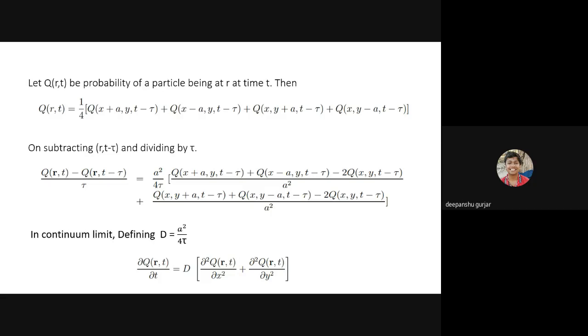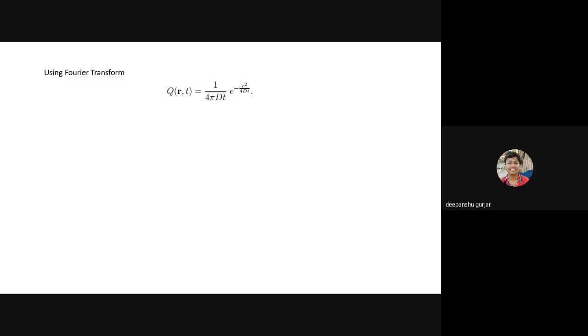Now, if you use the Fourier transform operating on it, the probability is given by the following expression, and then you can put in time t equals 0. Then, if you take R2 as the position at a later time and R1 as the initial position, it can be written like this. And if you want to find the probability that a particle which is inside the considered region comes out of it after time tau, it can be written as an integral where R1 is inside the volume and R2 is outside that region.